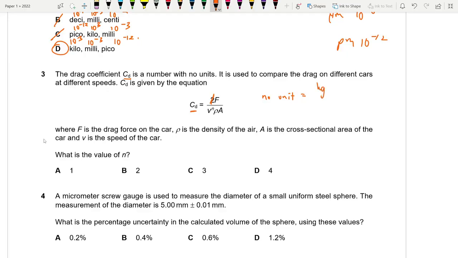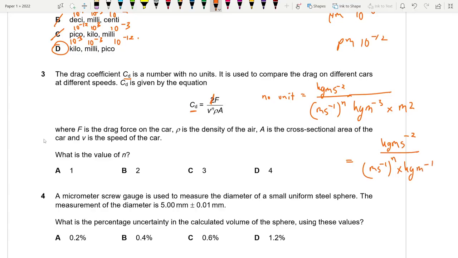F is the force, so that's kg m s to the power minus 2. Velocity is meter per second to the power n. Rho is kilogram per meter cube, and A is cross-sectional area, that's meter square. If we simplify this, we end up with kg m s to the power minus 2, that's force, mass times acceleration, divided by m s to the power minus 1 to the power n times kg meter to the power minus 1. We can in fact get rid of these kgs, and if you simplify this,